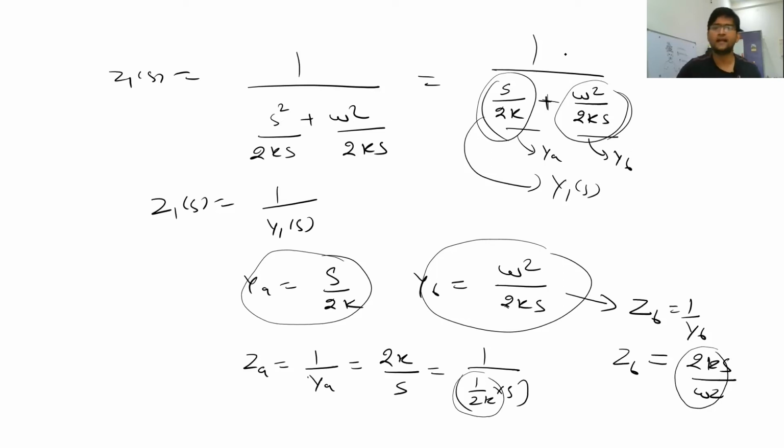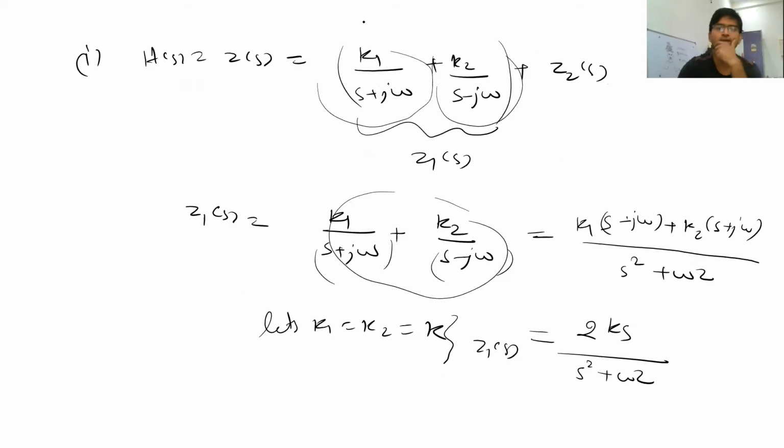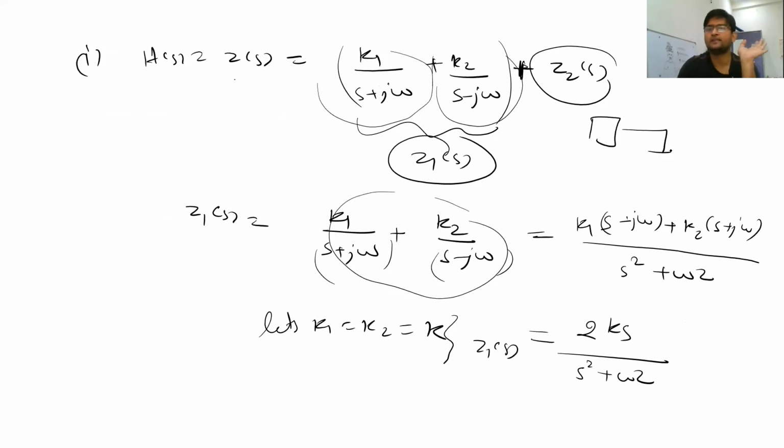So what you can see is that Z1S is basically the parallel combination of one capacitor and one inductor, connected in parallel, and this whole Z1 is connected in series with Z2S. So what is happening here? This Z1S and this Z2S are basically having summation. So Z1S and Z2S are in series. You can see it like this: this is your Z1 and this is your Z2.